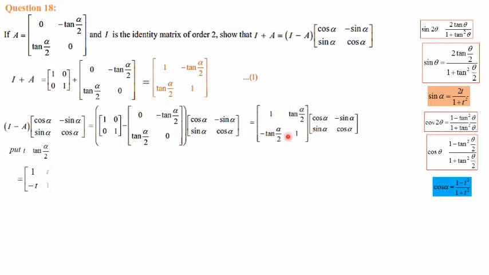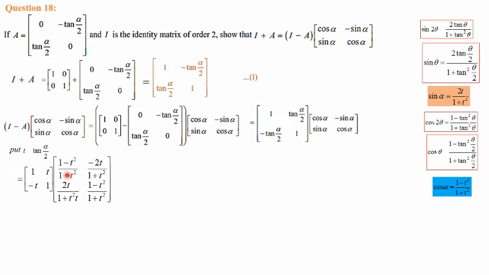Now we will take this portion and we will substitute. That is equal to 1 minus tan alpha by 2, which is t. Then here also tan alpha by 2 is t, if you put minus, minus t will come. So here cos alpha we are changing as 1 minus t square by 1 plus t square, as mentioned. Sin alpha we are changing as 2t by 1 plus t square, there is a minus sign, so it will come as minus 2t by 1 plus t square. The same calculation here also, sin alpha is 2t by 1 plus t square and cos alpha is 1 minus t square by 1 plus t square.